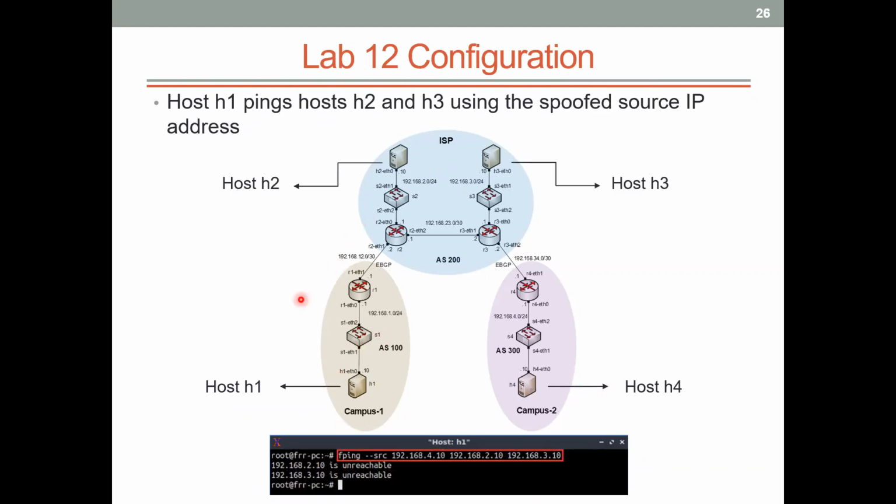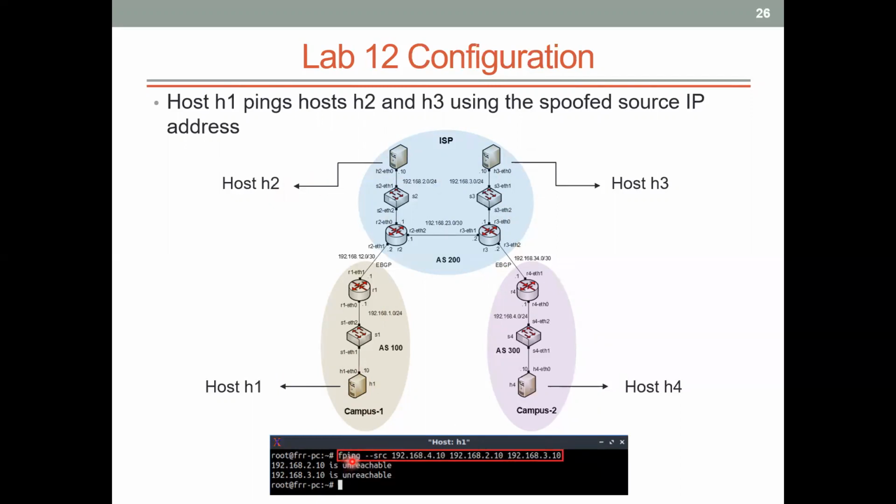Okay, and then when we configure the interface with the spoofed IP address, we can try to ping two different hosts, which are H2 and H3. Basically, these two are the middle hosts, or the amplifiers. And when these two hosts receive the spoofed packets from host H1, they're going to reply back to the source, which is basically 4.10. So in order to simultaneously ping two hosts in one command,